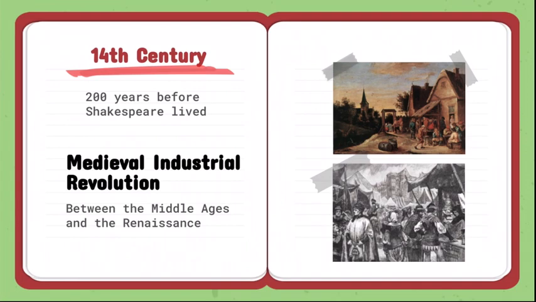この14世紀っていうことは、シェイクスピアが生きていた時よりも200年前が舞台になっています。So this 14th century is also known as the medieval industrial revolution. この14世紀っていうのは、medieval っていうのは中世の、そして industrial revolution っていうのは産業革命なので、中世の産業革命というふうにも知られている時代です。So that means between the Middle Ages and the Renaissance. ということは、この Middle Age 中世とこのルネサンスの間の時期にあたります。